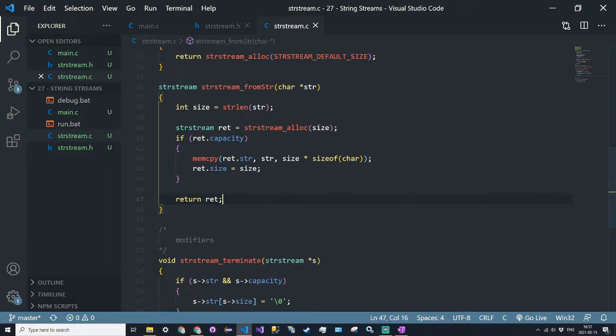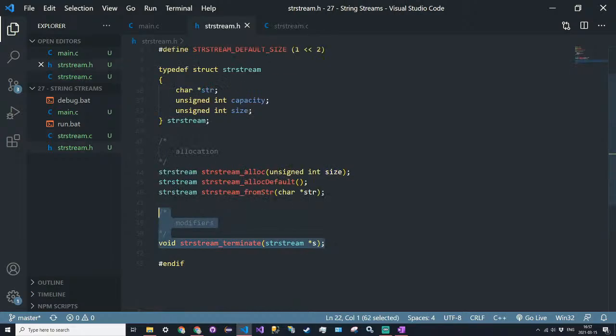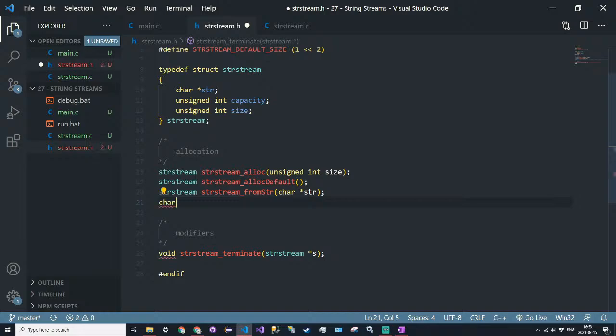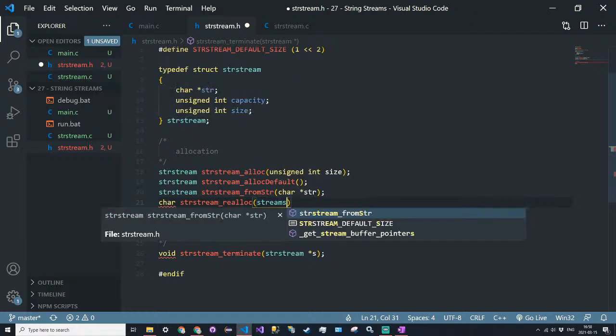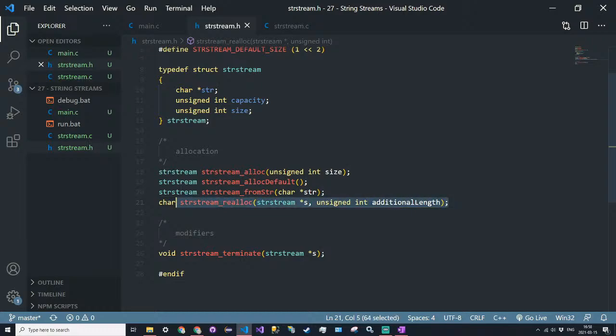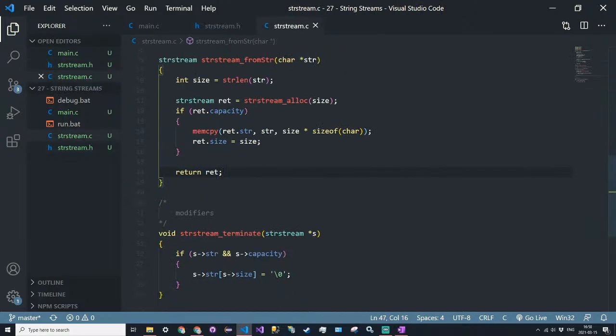All right, so those were our basic allocation functions, and now we're going to have a reallocation function. So this is going to return a character, just because we don't have access to a boolean right now, and it's not that necessary to create a typedef here. So we'll say character string stream reallocate, and we'll pass in a string stream pointer s and an unsigned int additional length. The function here is telling us, okay, we want to make sure that we have enough space in s to account for this additional length here. So I'm going to copy this signature over,